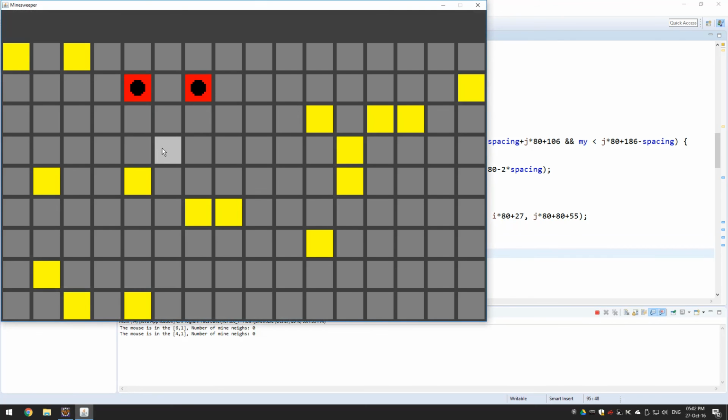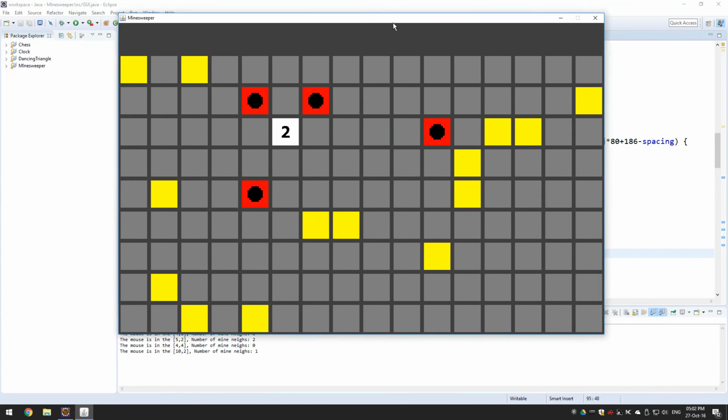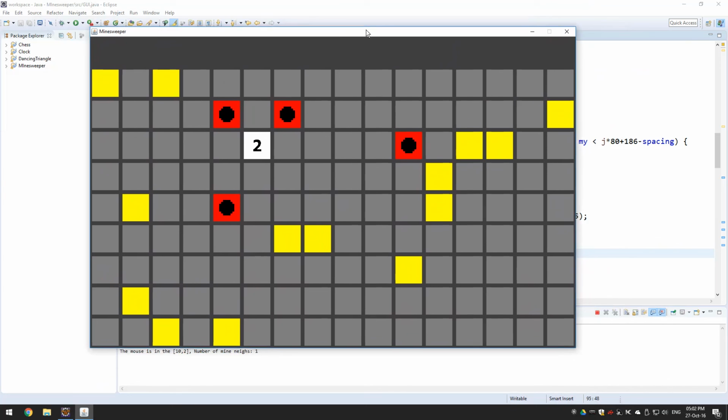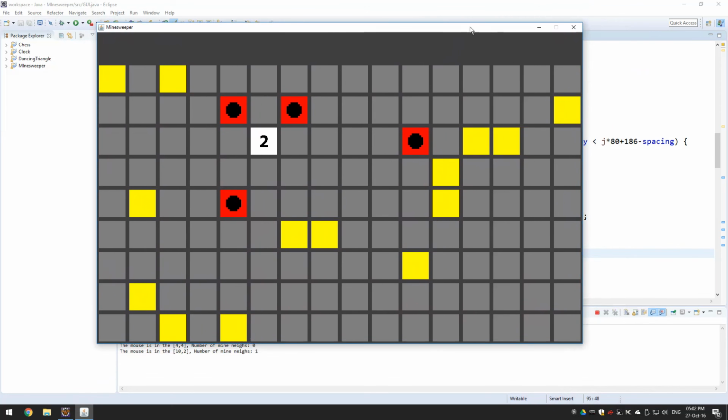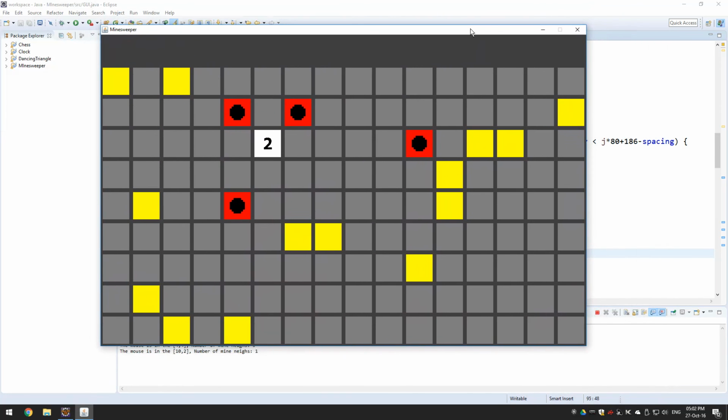And you can also see that whenever it does not contain a mine, it changes to white, and it displays the number of neighbor mines. In case it's got a mine and we reveal it, its background color changes to red, and a mine is displayed. Okay, so I'm gonna stop right here, guys, for this video, and in the next one,